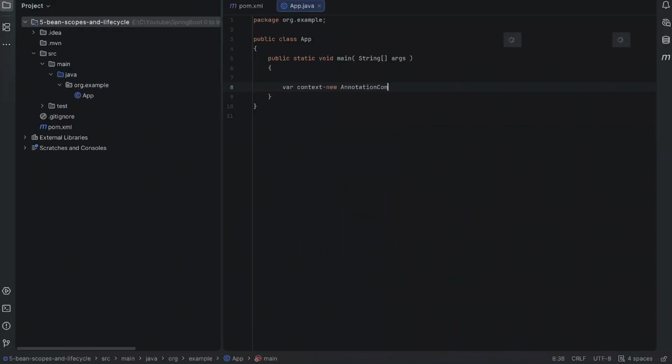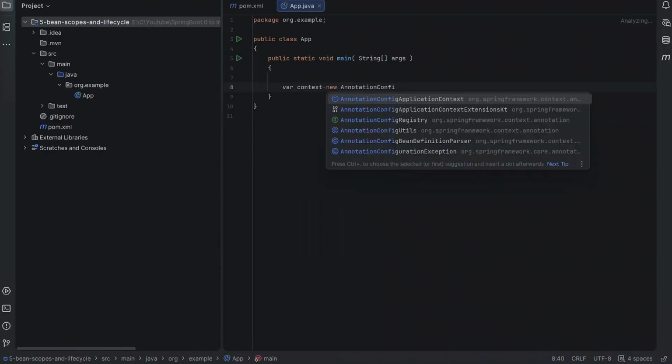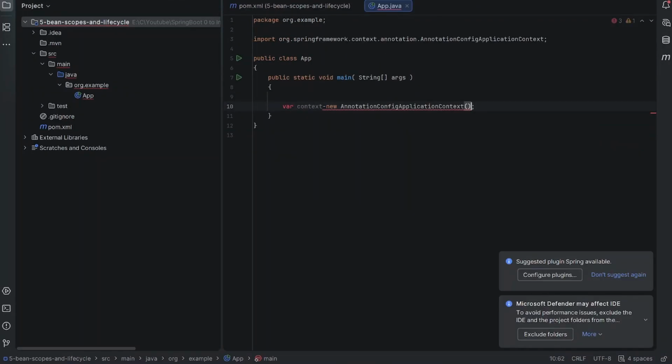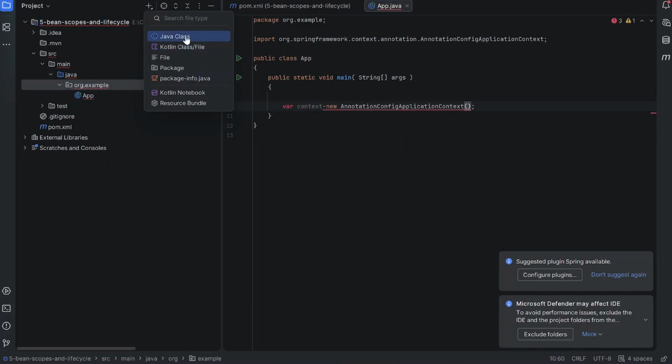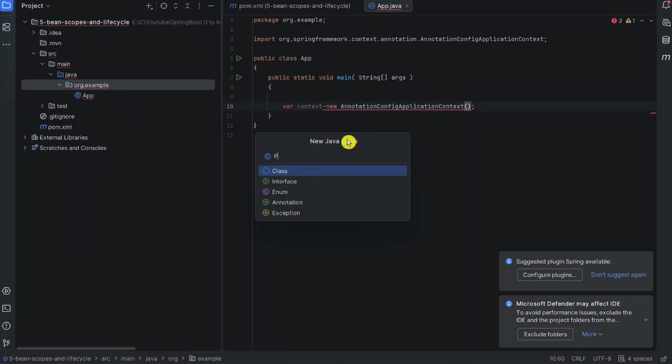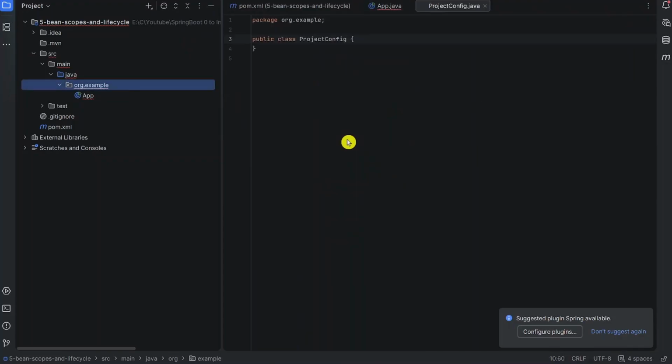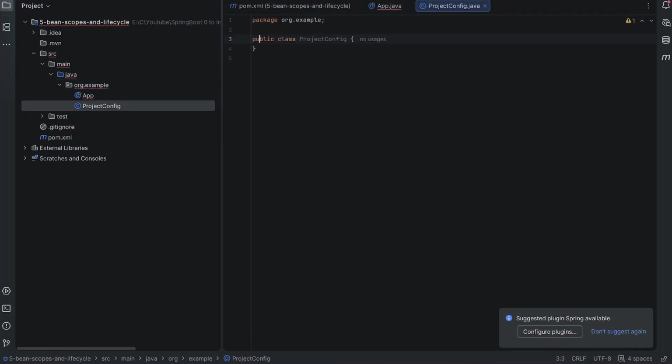So annotation config application context, and in this we will add our configuration file. So first let's create our configuration file. Project config, and let's name it